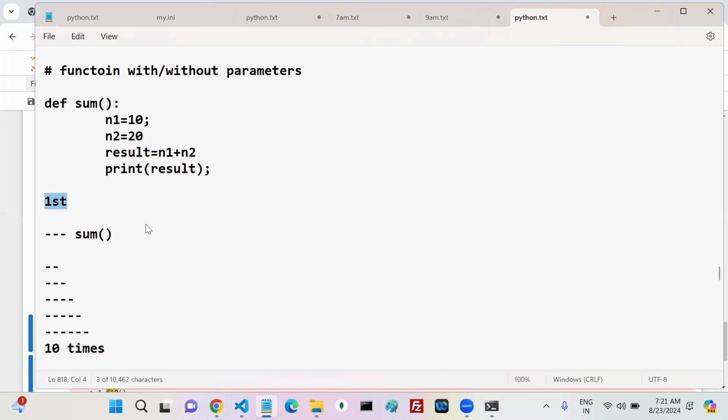Here the problem is, for the same result, you are calling the same functionality again and again, or not? Is it the recommended way or not? Tell me. I ask one question: 10 and 20 sum is what? 30. If I again ask, 10 and 20 value is what? 30. Again, if I ask, what is the use of that? For the same functionality, you are asking the question again and again. Is it the recommended way?